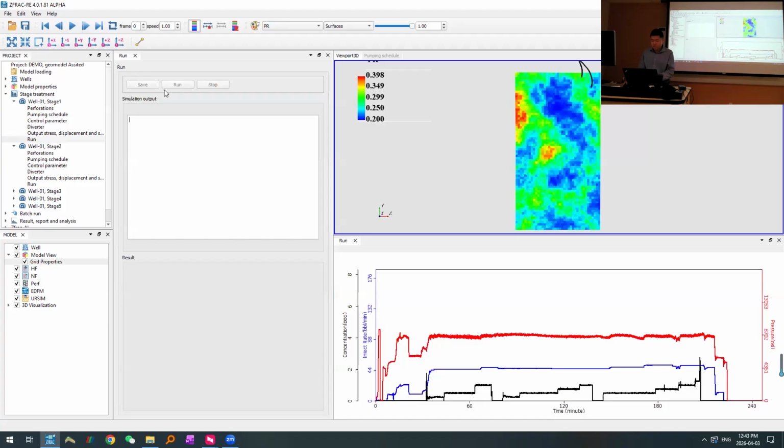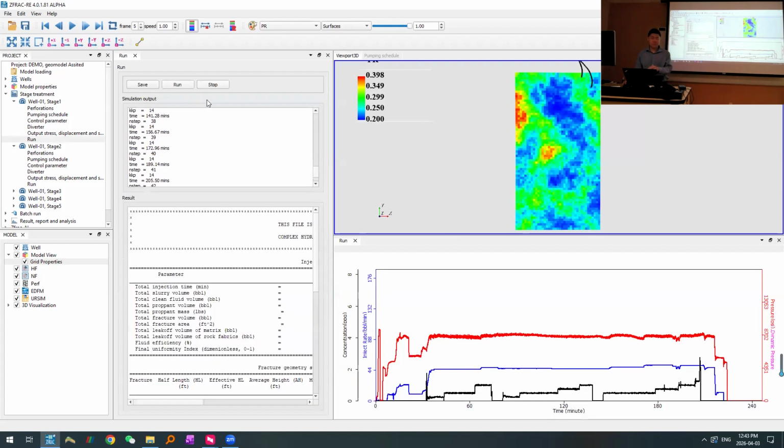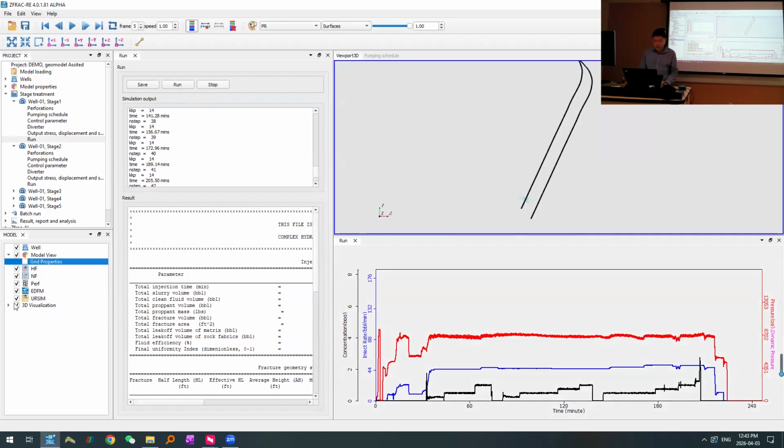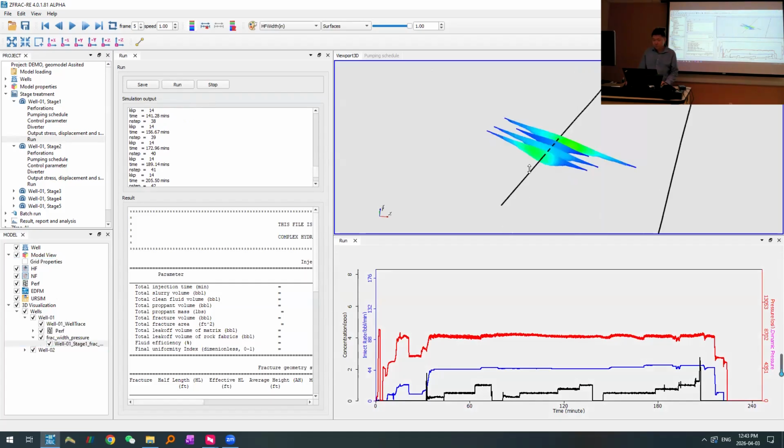So we can save the model and run. All right, you will see it's already done. This first stage already finished the simulation, and if we hide the model and go to visualize this stage fracture geometry, you can see here this is the fracture geometry that we obtained, and we also incorporate an equilibrium height model